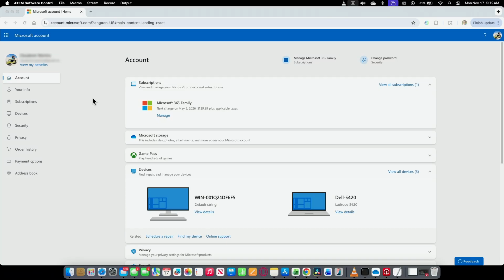Hey guys, let's see how to unlink your laptop from a Microsoft account. Let's say you're selling your laptop or you are returning it. You just need to come here to